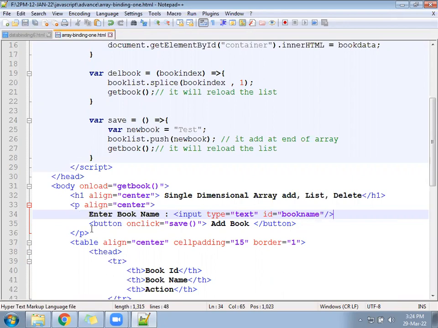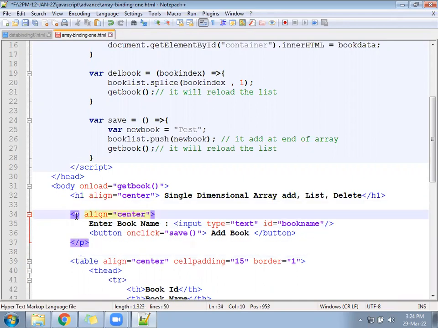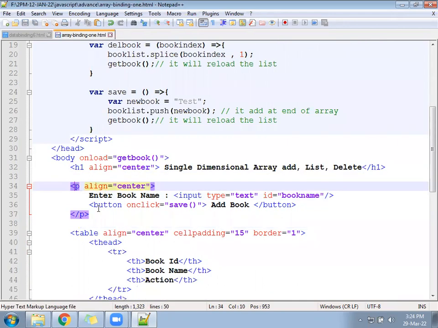Create a text box and give ID equal to book name. ID equal to book name we have given.